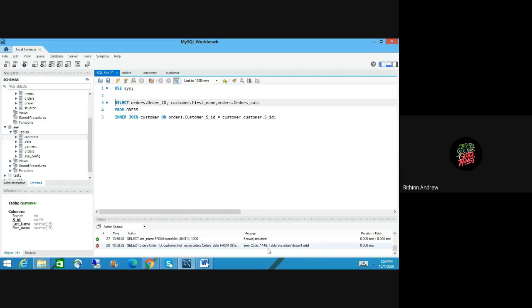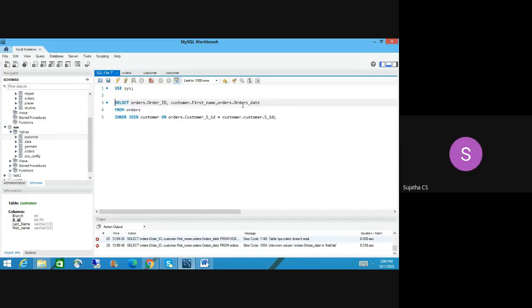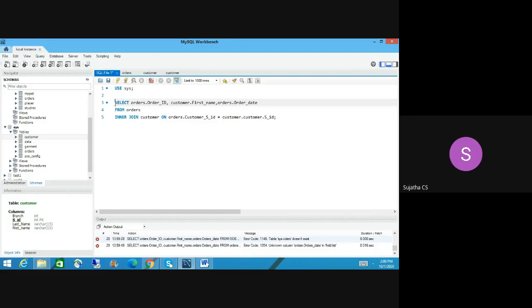There is a problem in the fourth line, order spelling. Fourth line. Okay, yes. Let me write here. That's it. Select. This is orders. Again, unknown column orders dot orders date. What is that? Orders date. Where is it? Orders date, first letter caps. No, here the column name is wrong. The column name is just order ID. I have written orders ID. That is why it's throwing an error.